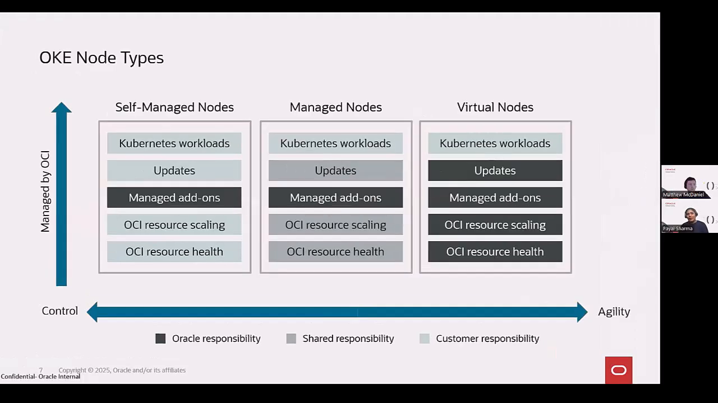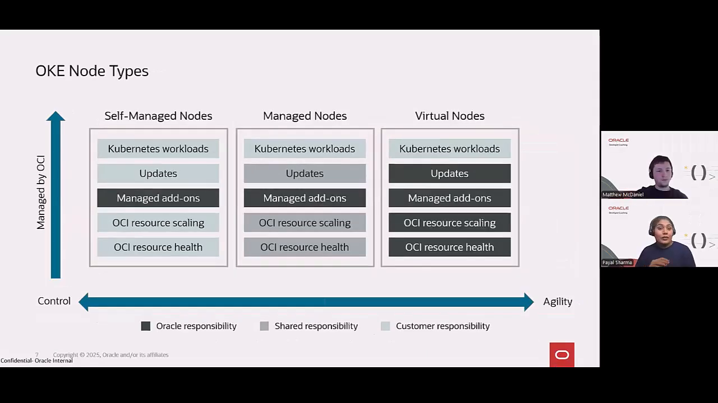Today, I'll be covering OKE node types and how each helps you manage workloads efficiently. Let's deep dive in. As you can see, OKE offers three main node types: self-managed nodes, managed nodes, and virtual nodes. All three benefit from a fully managed control plane, meaning Oracle handles the Kubernetes API server and core cluster operations. However, the difference lies in how much control and operational responsibility you as a customer take on for